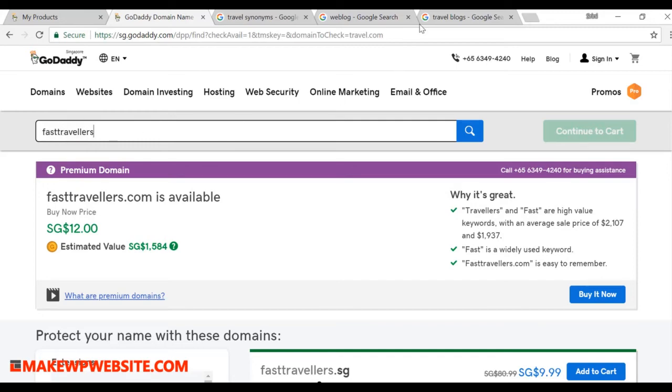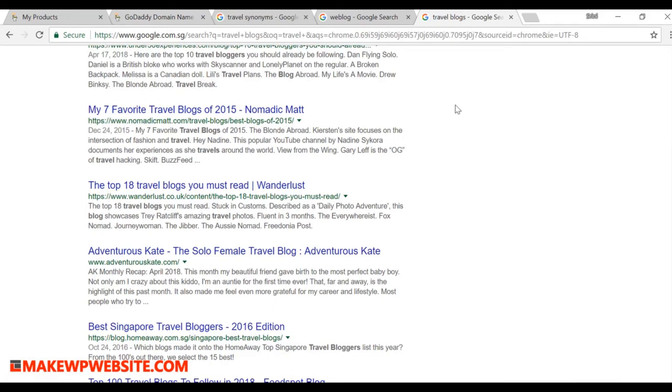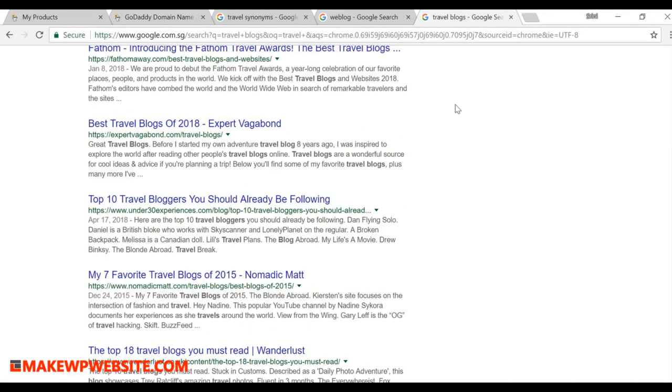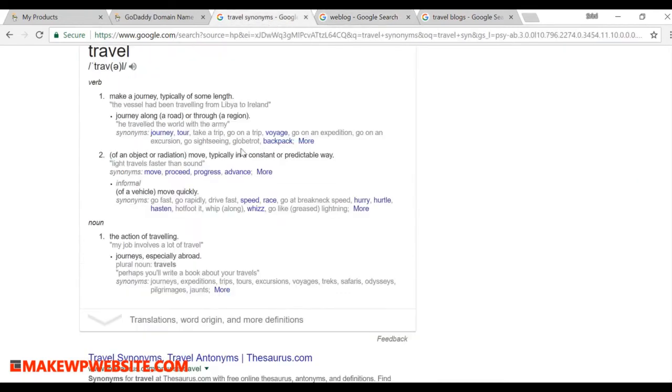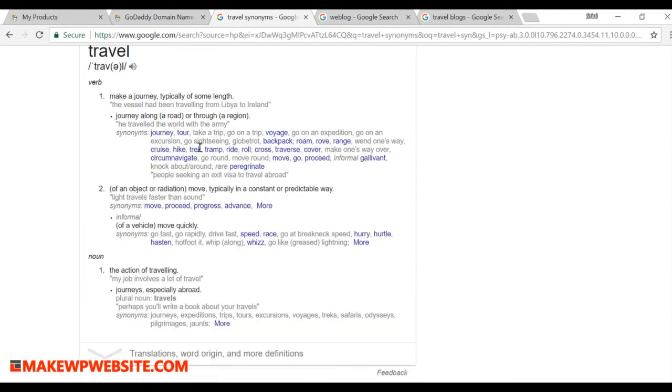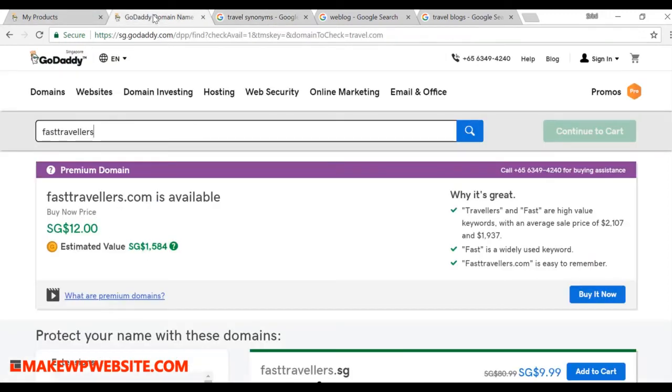And how I got that, you basically look at different travel blogs, and you see what words they are using, and then you combine those words to come up with a new word. You can always find various words that you use for blog, or you can have synonyms for that specific word and find the nearest word that you can use. So you have so many words, so you combine travel with trek, travel with hike, travel with roll, and then travel with time, all those things, and then you can come up with a brilliant name. Okay, so that's basically your brainstorming session and search for a name for your website.